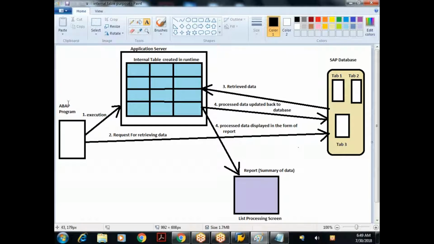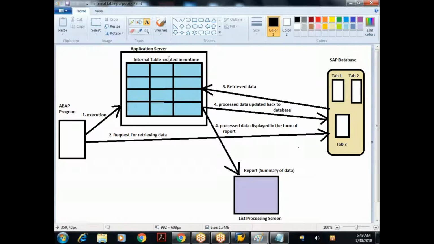So the purpose of an internal table is this. Whenever I run my ABAP program, see the sequence of steps here. Whenever I execute my program, what happens? See the arrow pointer. An internal table gets created at runtime. Runtime means during program execution.